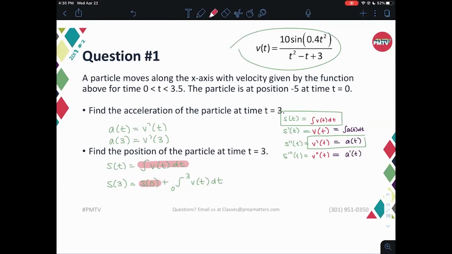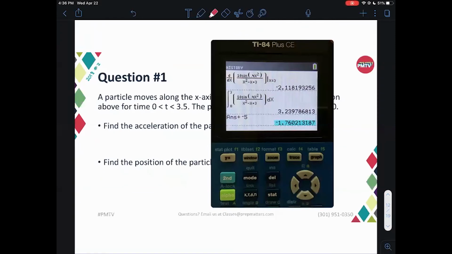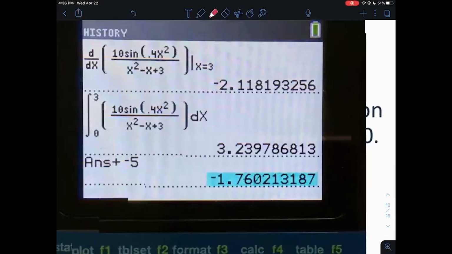We throw this in a calculator, get the numbers. Again, these questions require you to understand the connection between these functions and understand the ideas behind integration and differentiation and how they connect to each other. They're not concentrating heavily on, can you do these mechanics? Can you sit there and do a quotient rule for 15 minutes over and over and over? We can do all of that in a calculator. So if we do this,